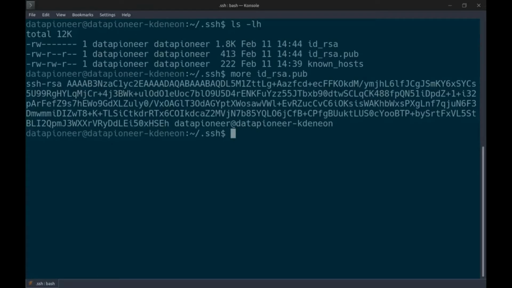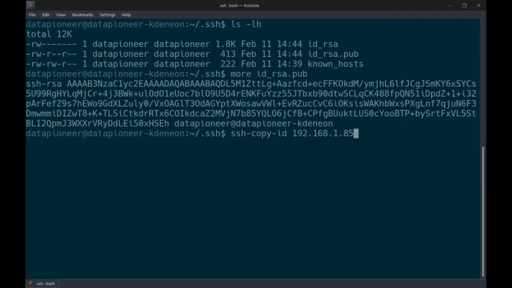Okay, so what we need to do is copy only the public key up to the remote server. We don't want to copy the private key. We could do this manually and create that file on the remote server and load the contents into it. But there's a better way of doing it. There's a command you can use called ssh-copy-id, and the IP address where you want to copy it,